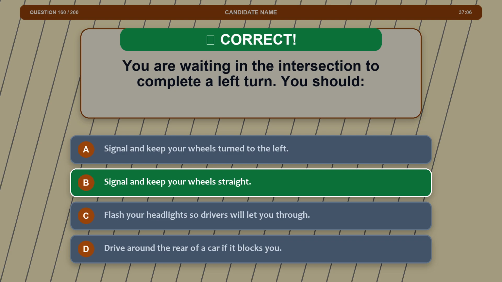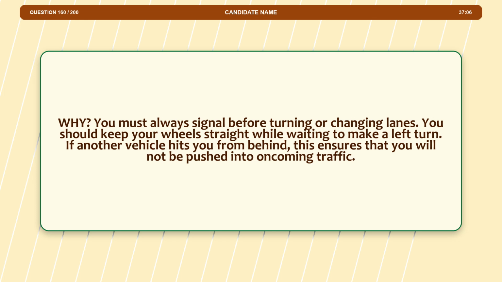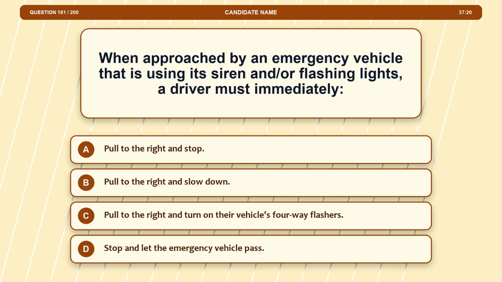The correct answer is option B, signal and keep your wheels straight. Explanation. You must always signal before turning or changing lanes. You should keep your wheels straight while waiting to make a left turn. If another vehicle hits you from behind, this ensures that you will not be pushed into oncoming traffic. Question 161. When approached by an emergency vehicle that is using its siren and/or flashing lights, a driver